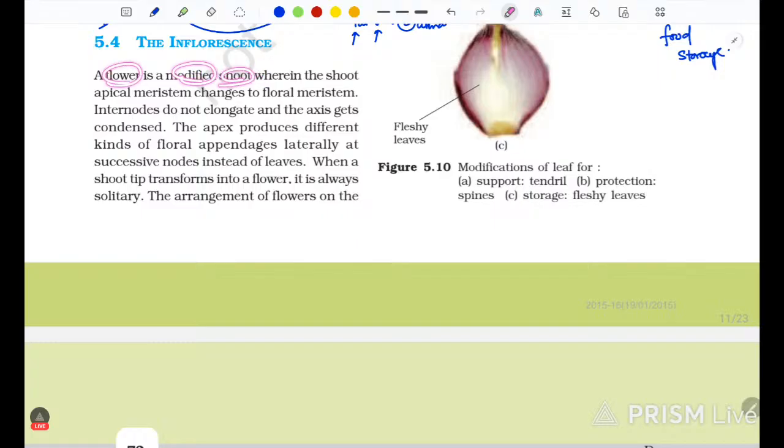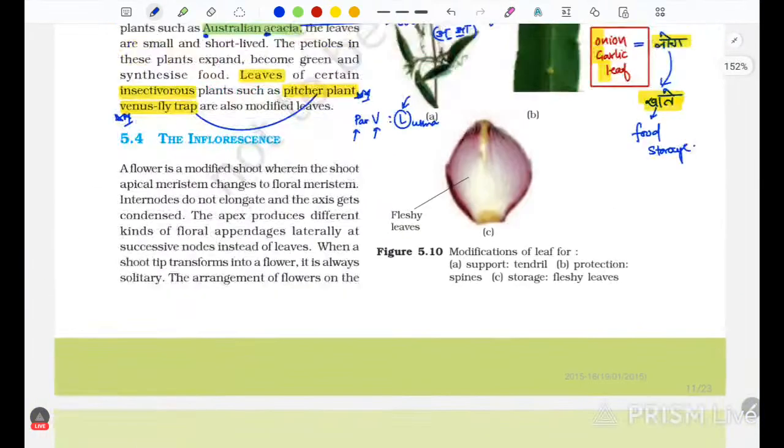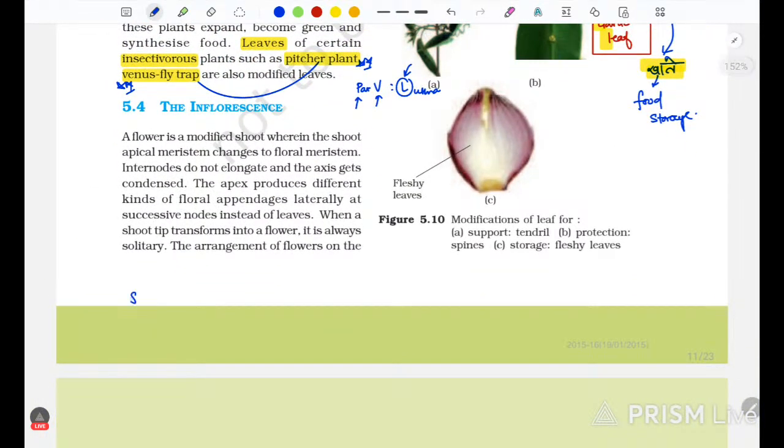Modified shoot, ये हमें पता ही है। जहाँ shoot apical meristem floral meristem में change हो जाती है। तो आप याद करिए, मैंने आपको बताया था कि leaf क्या होती है, leaf होती है SAM, shoot apical meristem। अगर shoot apical meristem floral meristem में change हो गई तो वो flower बना देती है।